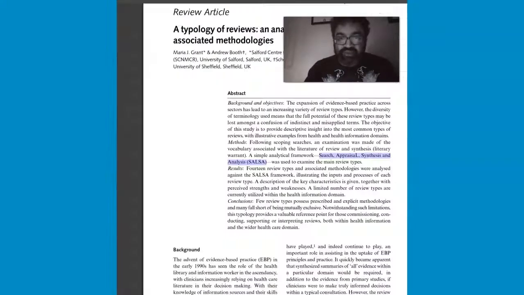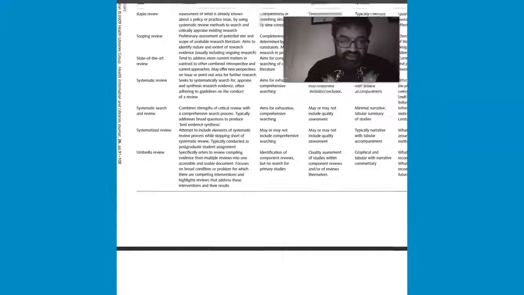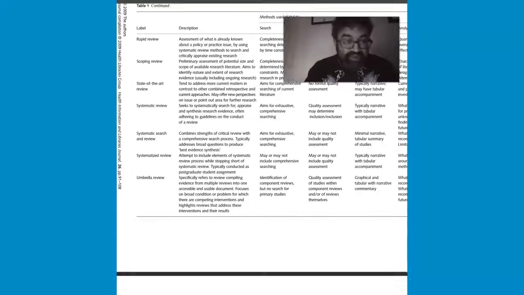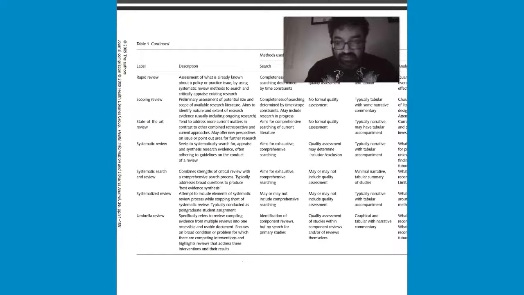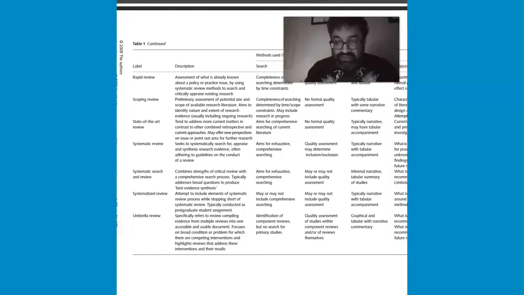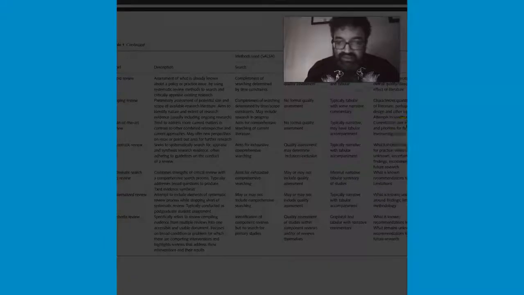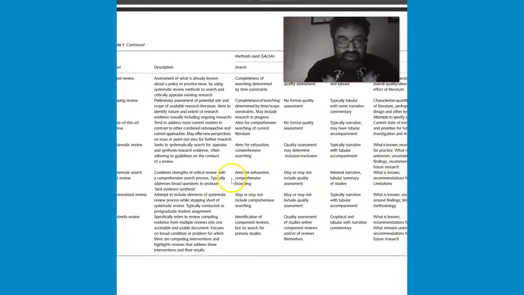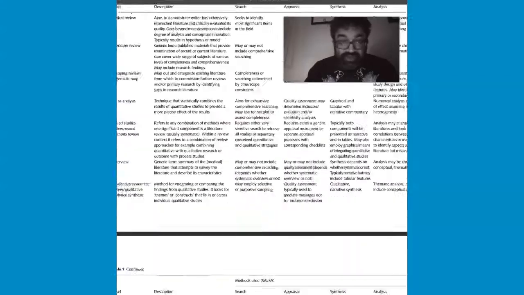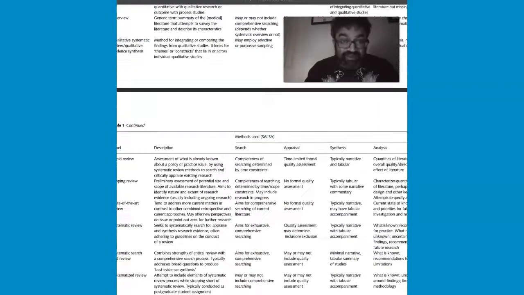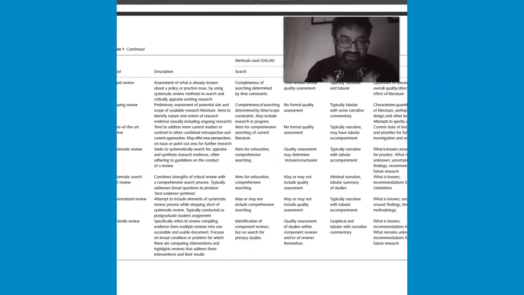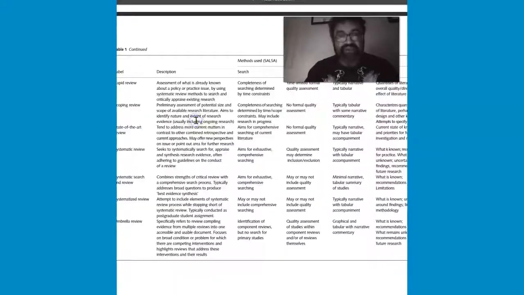So whenever you're thinking about the different types of review, think of Salsa. And just think of what type of review is most suited for the type of study that you're doing, or for the type of analysis that you're conducting. I think this table is one good to go back to. A lot of people refer back to this. A lot of people have cited this table. So just go back to this and take a look and see which type of review is the most suitable for the type of review that you're practicing and reporting on.